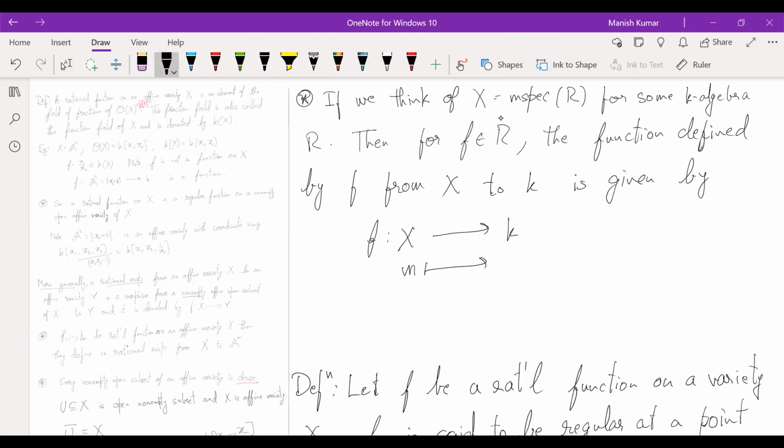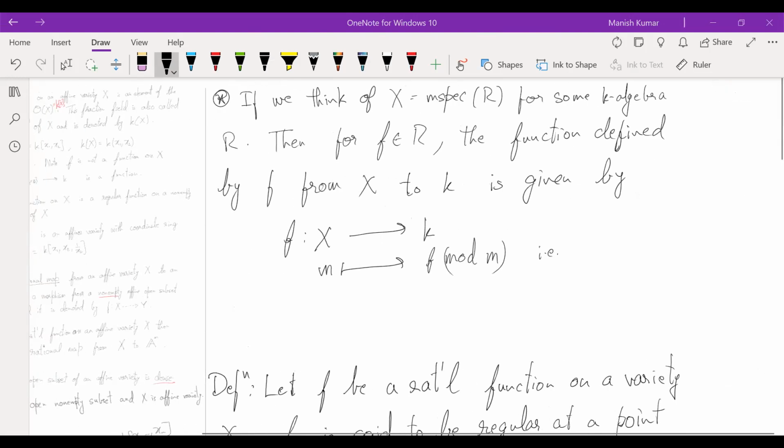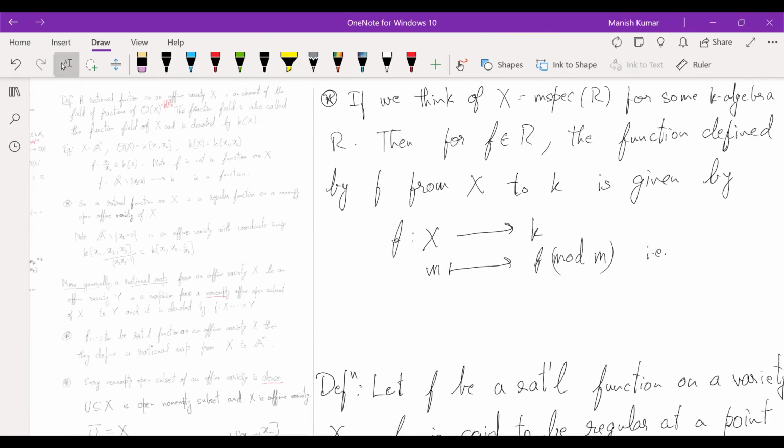The coordinate ring by M. Sorry. So the image of F under the map R mod M, yeah? So F, let's say F mod M. So we have a map from R to R mod M, and F goes to F mod M in this sense. This is what F mod M means. Yeah. So this is how you think of